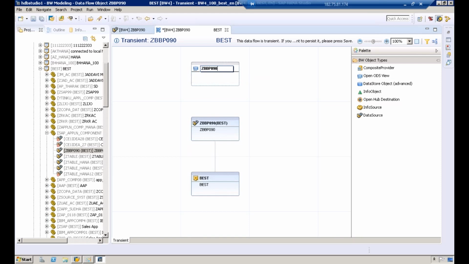Now what is the purpose of an OpenODS view? OpenODS view, the name itself says it is a view. There is no data present in this view. It only accesses data in runtime. Whenever you fire a query, OpenODS views request data from the data source,